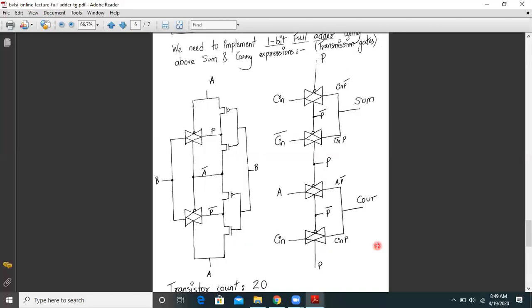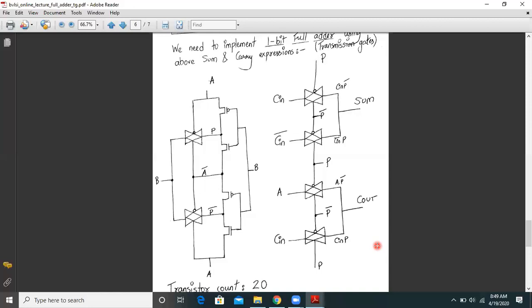So remember, this is the lowest transistor count which we have encountered for implementation of a 1-bit full adder circuit. You can compare it with the earlier techniques using complementary pass transistor, using mirror logic, using full adder expressions of sum and carry.